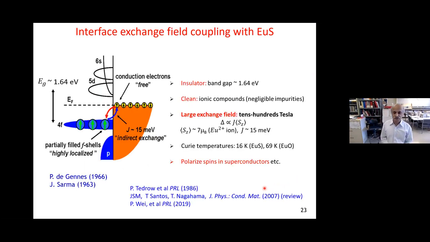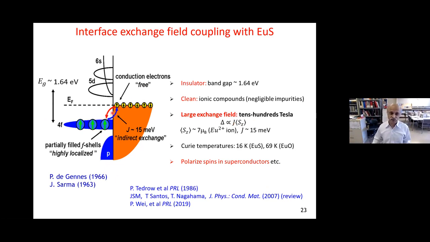And the next question is about the interfacial exchange field, or exchange coupling. Europium sulfide is one of those very nice magnetic compounds wherein the europium ions have a moment of around 7 Bohr magnetons. When it's coupled with the gold, all the charge carriers in the gold are coupled to this magnetic moment, and then you can have a huge exchange field at the interface. This exchange field, in some cases, depending on what material is used and how well it's coupled, can be as much as hundreds of Tesla.